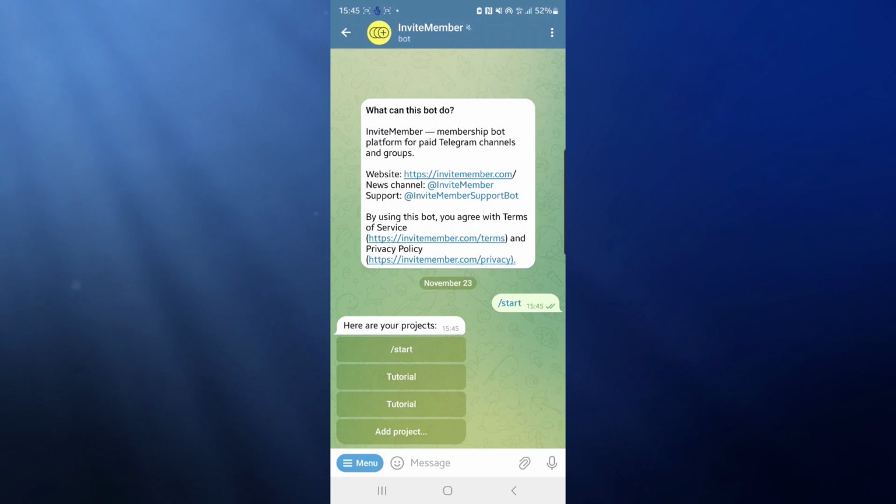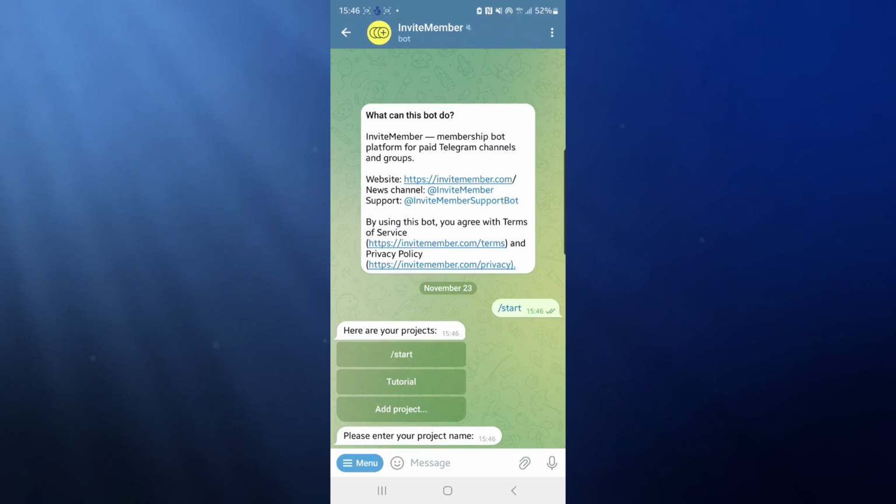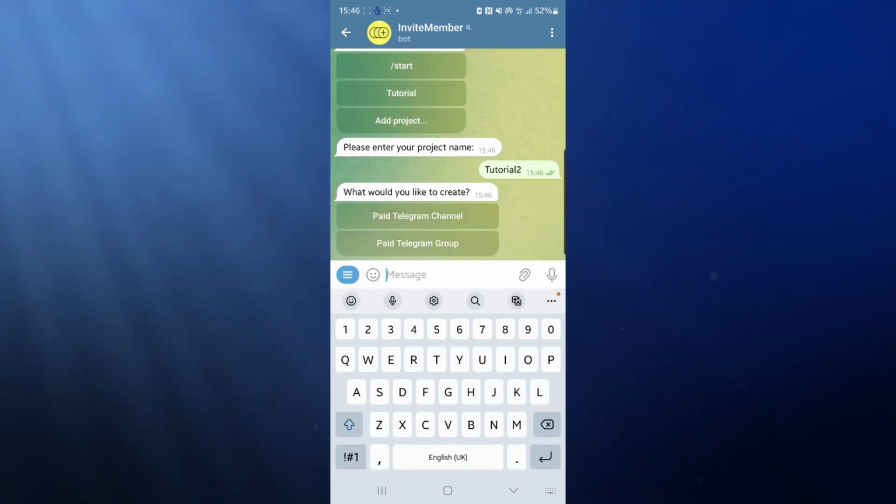If you don't have any projects, you will need to create a new project, and then once you have done that, you will then be able to select one. So in this case, what I'm going to do is simply click on add project, and from here I can now enter in a project name. So I will just put in tutorial 2 for example, click on the send icon, and then from here we